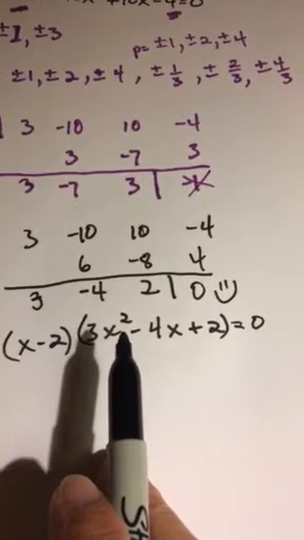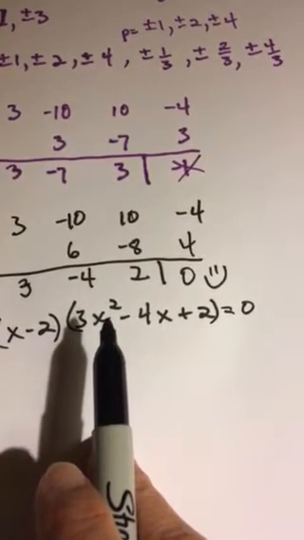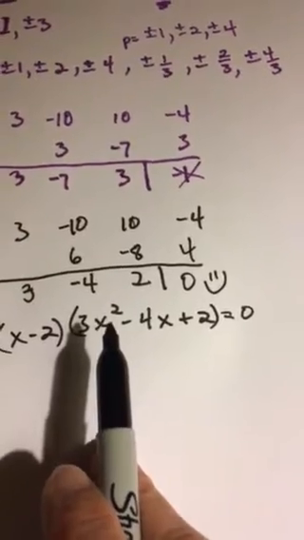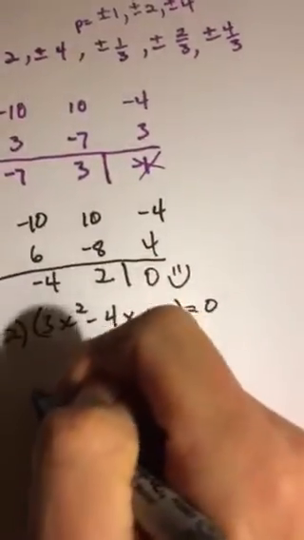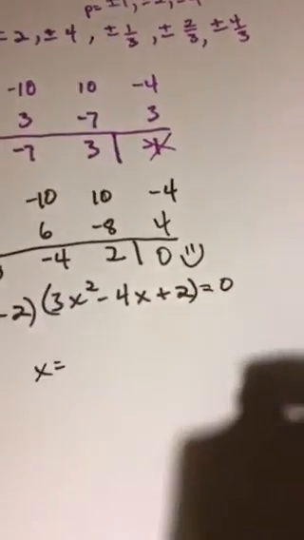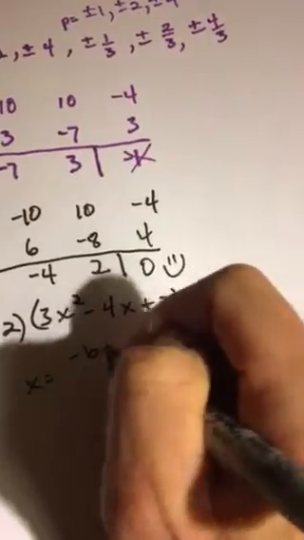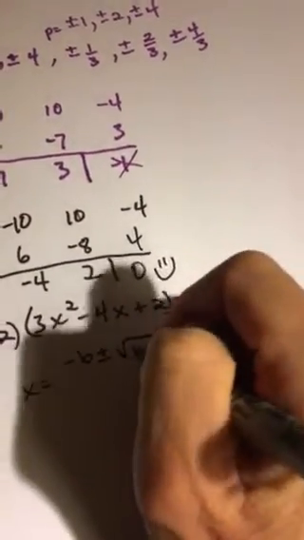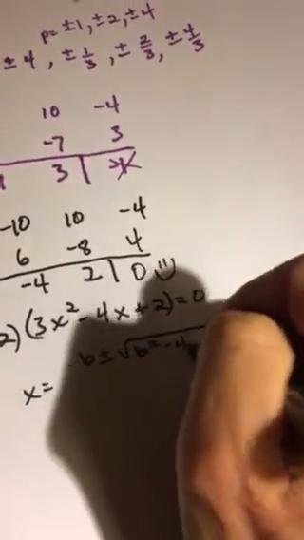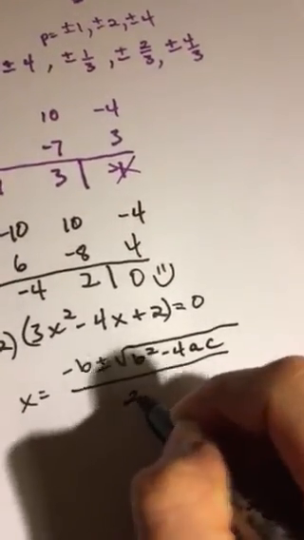And find its factors. Well, it just so happens that it doesn't factor very well at all. So we're going to have to use quadratic formula, all right? So remember quadratic formula? To find x, it's the opposite of b, plus or minus, taking the square root of b squared minus 4ac all over 2